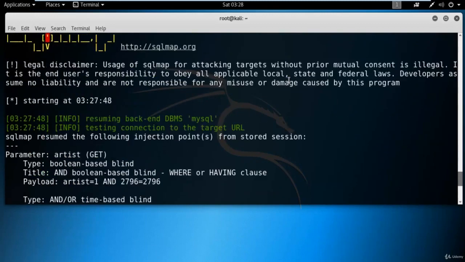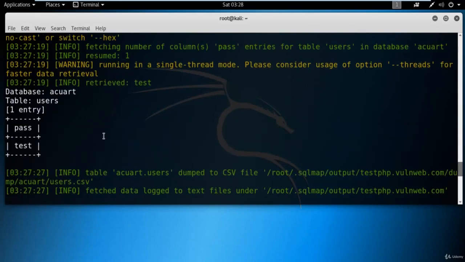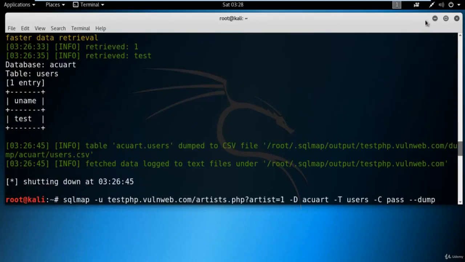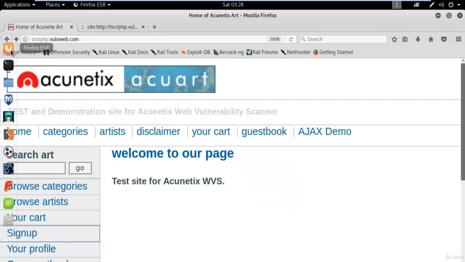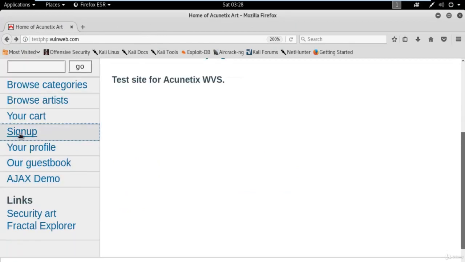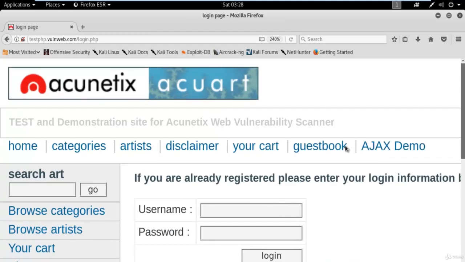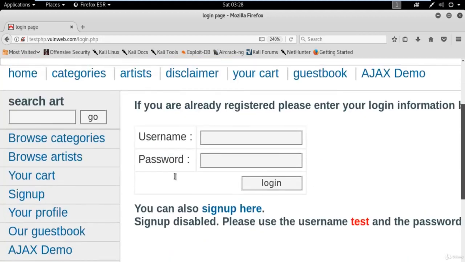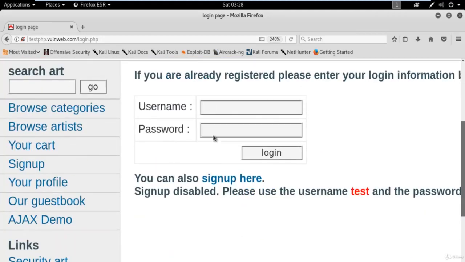Great. So we got the username and the password: this is the password test, and this is the username test. So what we can do here, just minimize this, open the website, and on the left-hand side you can see there is a sign up button. Click on that, and you can see there is a username and password panel. Yeah, this is the username and password panel. So we got the username test, and the password is also test. You can click on login,